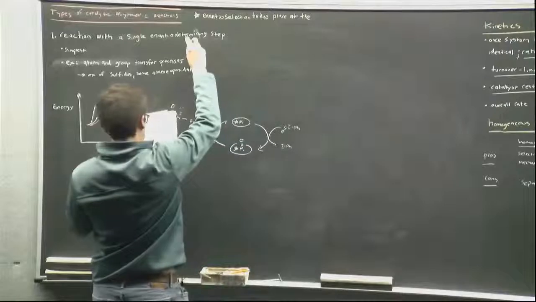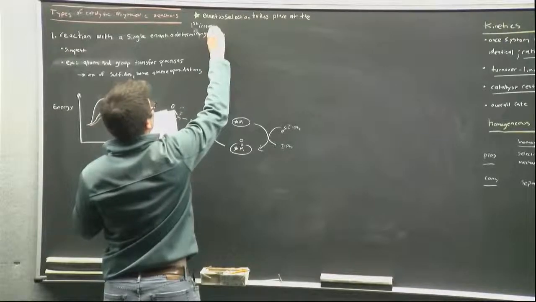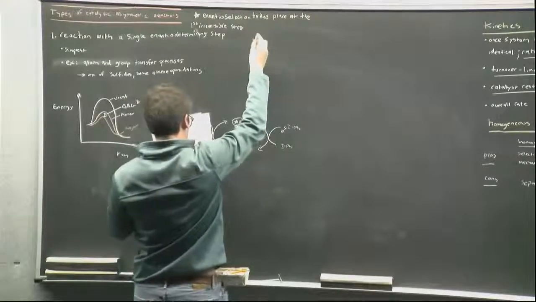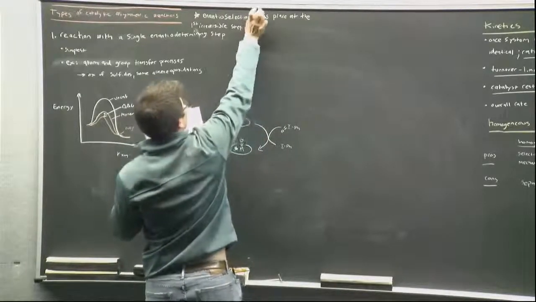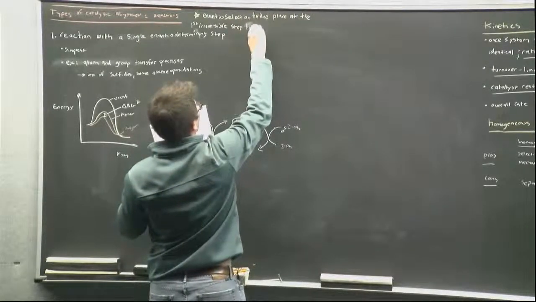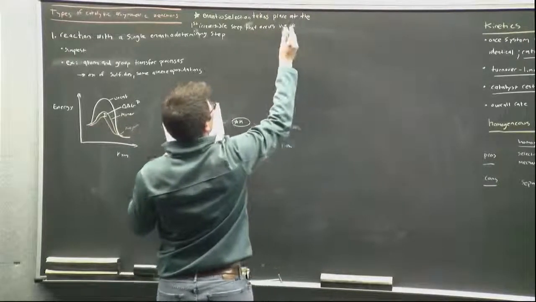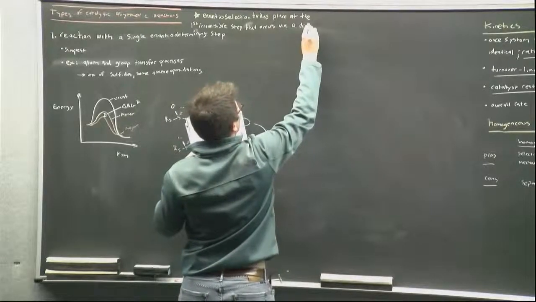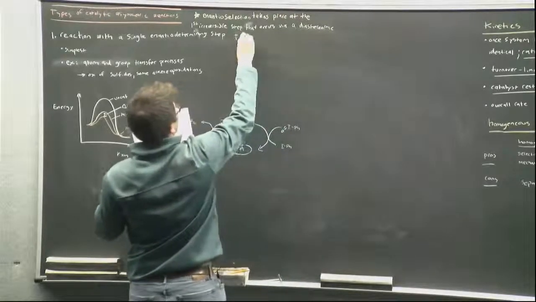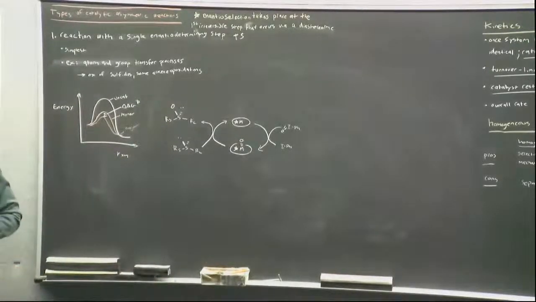This takes place at the first irreversible step with the diastereomers, which takes place via a diastereomeric transition state. So basically what this says is that if, for example, you're